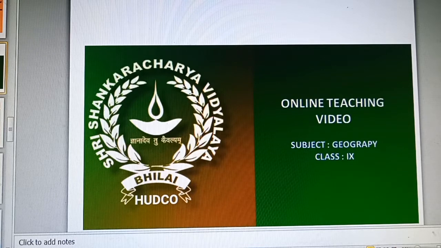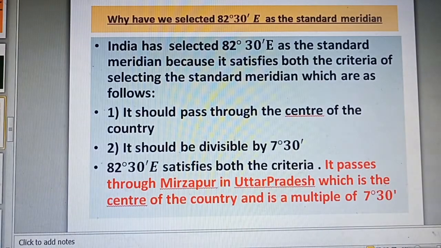Today we are going to start the next module of our chapter India Size and Location. In the previous module, we have studied the reason of time gap between Arunachal Pradesh and Gujarat. We have studied why there is a time gap of 2 hours between Arunachal Pradesh and Gujarat. In this module, we start with the topic why have we selected 82 degree 30 minutes east as the standard